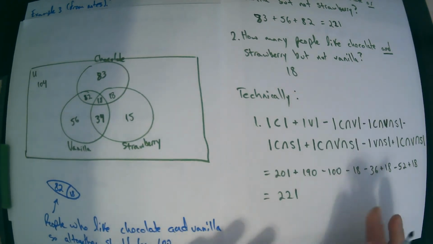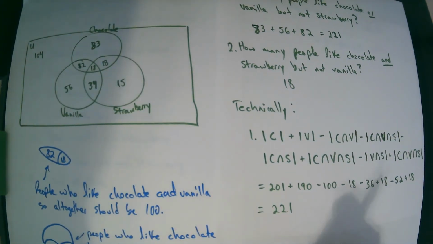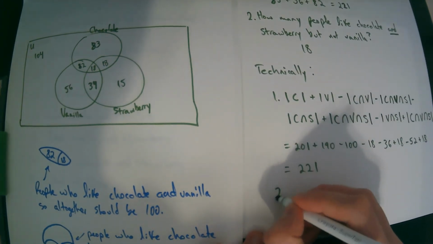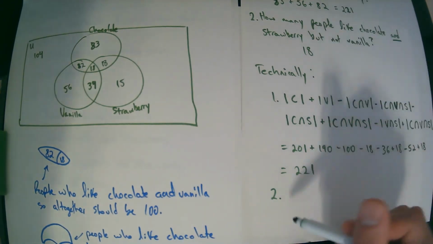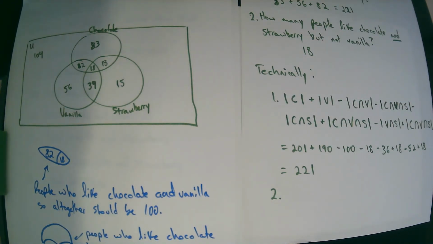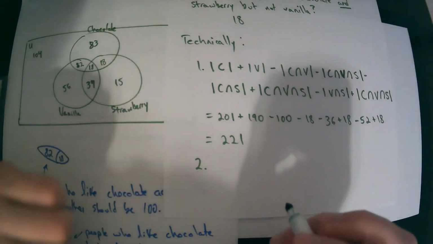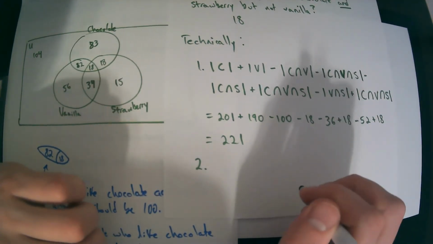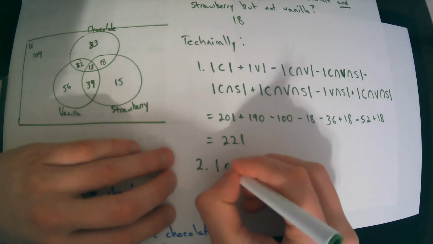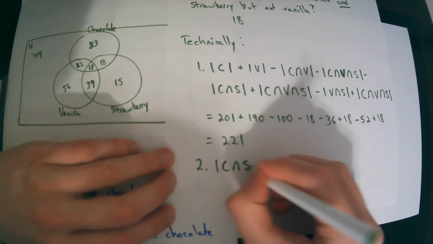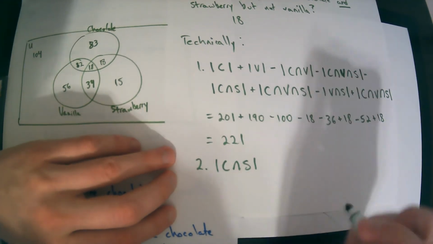Oof. Much trickier though. Much trickier. Yeah. The picture is definitely helpful. Now what about number 2? How could we technically write down number 2 here? Number 2 is much simpler. How many people like chocolate and strawberry? Okay, well, chocolate and strawberry is the intersection of chocolate and strawberry minus